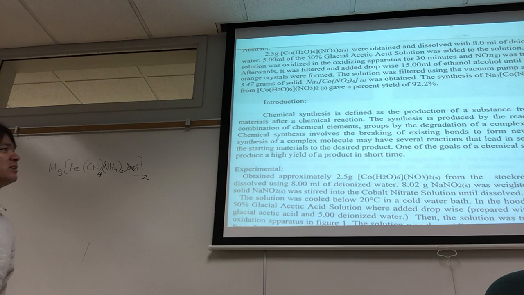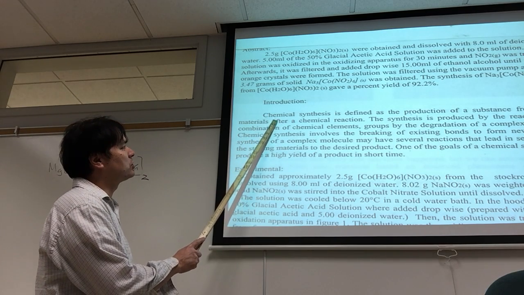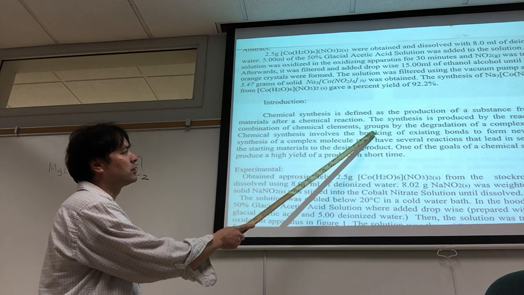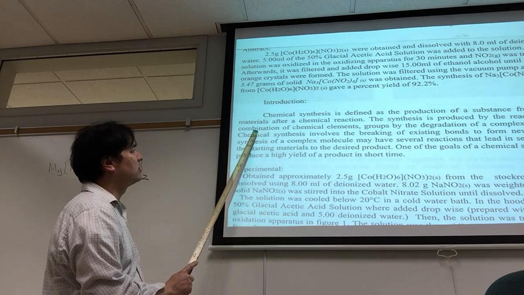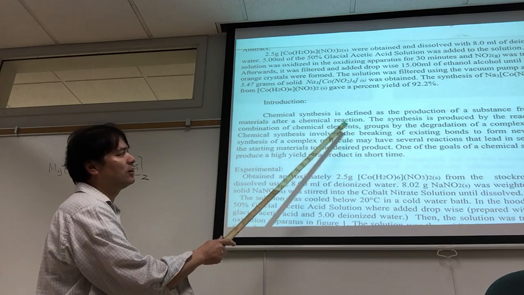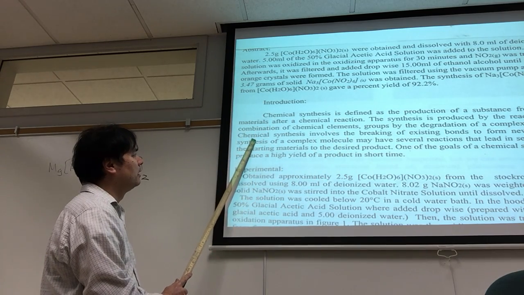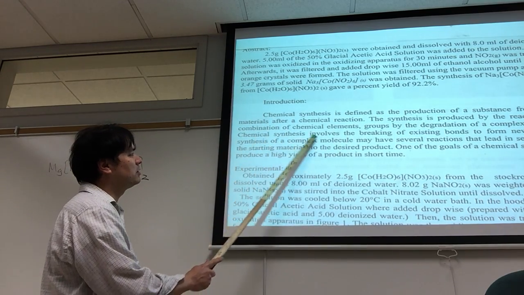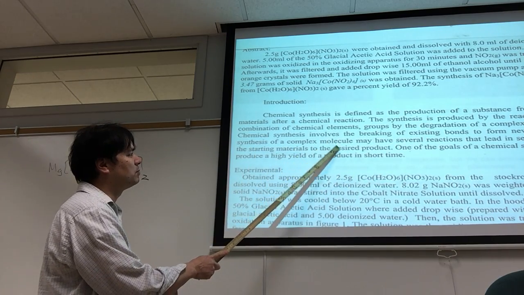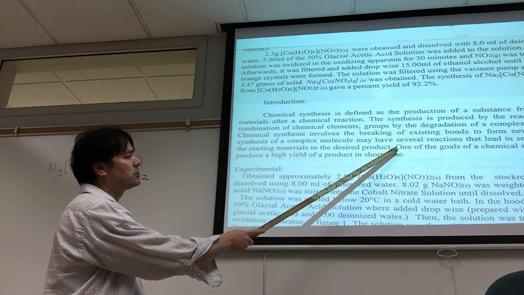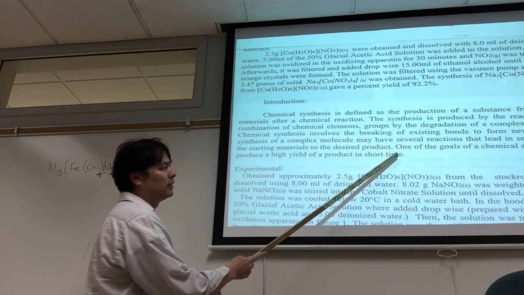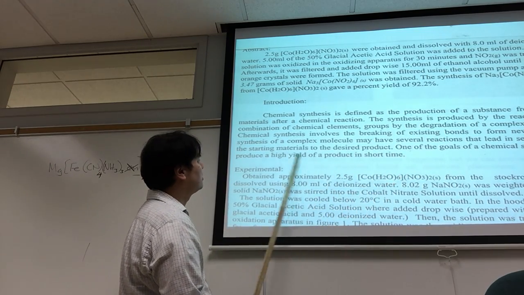For example, here, if you look at this introduction, chemical synthesis is defined as the production of a substance from simpler materials after a chemical reaction. The synthesis is produced by the reaction of the combination of the chemical elements, groups, or by the degradation of a complex compound. Actually, I don't know what that sentence means, but it should be rewritten. Chemical synthesis involves the breaking of existing bonds to form new ones. That sounds good. The synthesis of a complex molecule may have several reactions that lead in sequence from the starting materials to the desired product, as in this case, but they didn't say that. One of the goals of a chemical synthesis is to produce a high